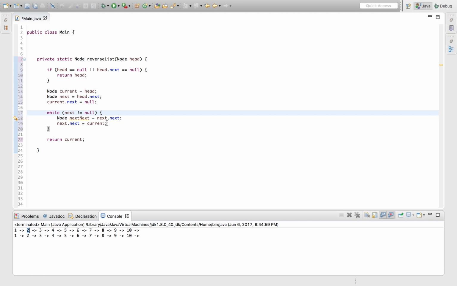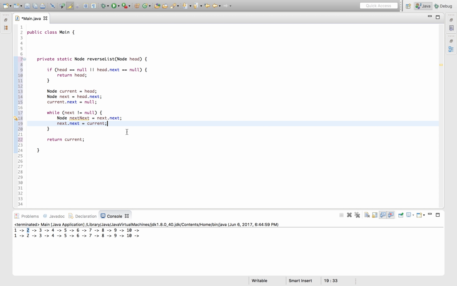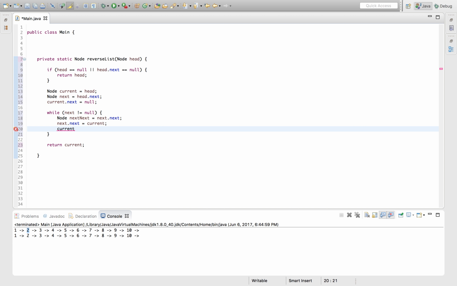So that's what we're doing right here. And then we're actually done updating the pointers in the list here. Now all we have to do is iterate forward for the next iteration, so that current and next are both pointing to the right values. So we can just say current equals next,